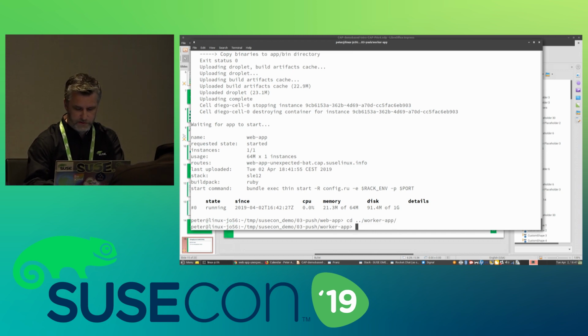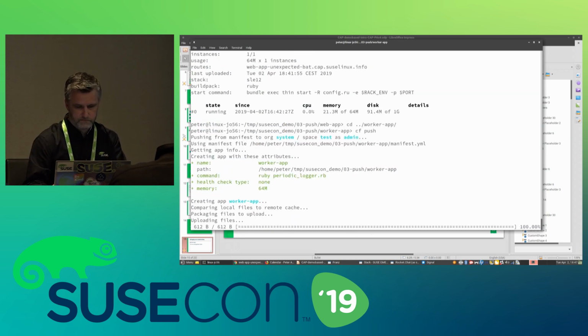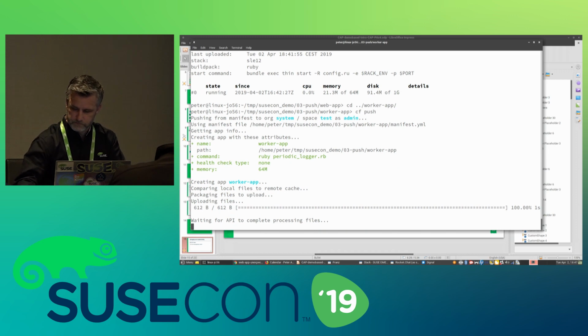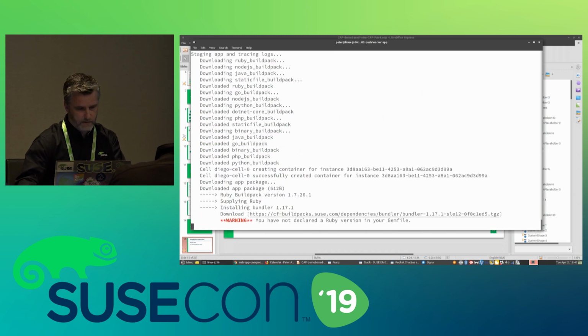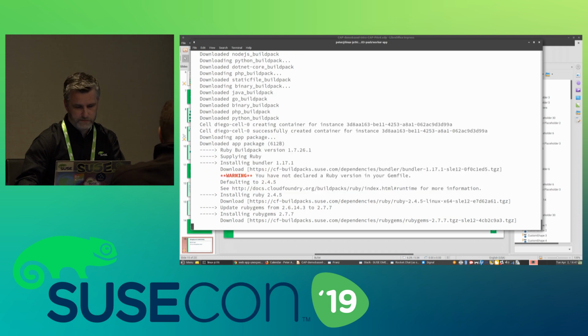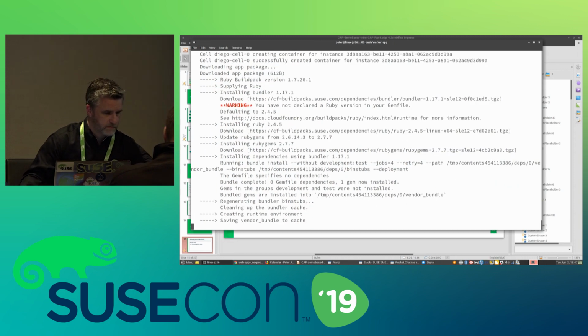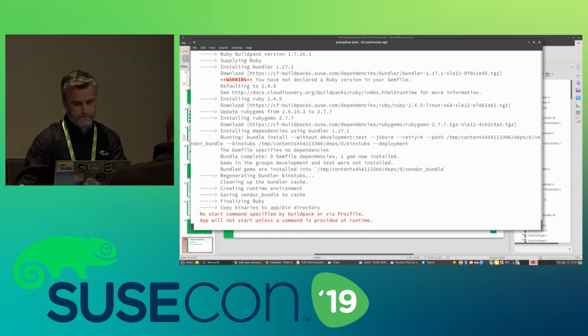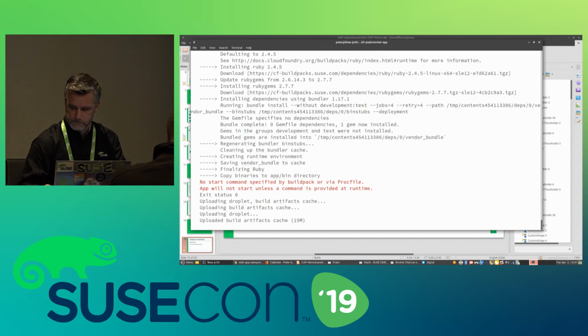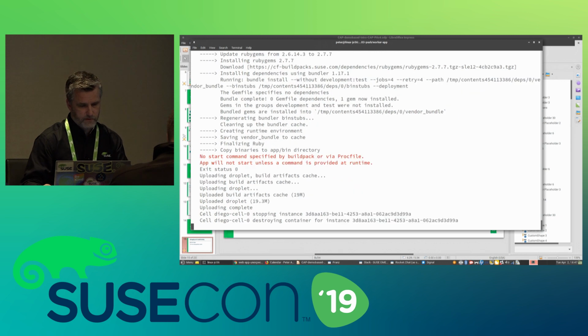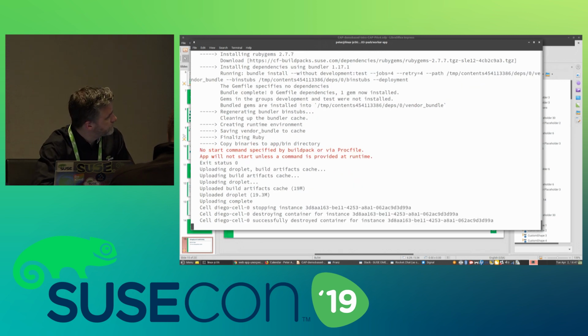So first I'm going to push this. And then after this one is done, now I'm pushing another application to Cloud Foundry. You can see it's doing a lot of stuff here.